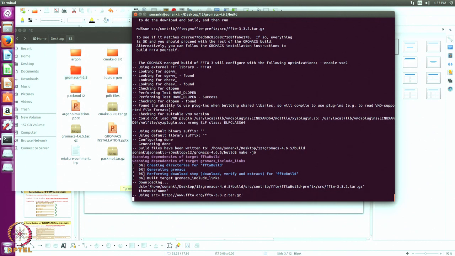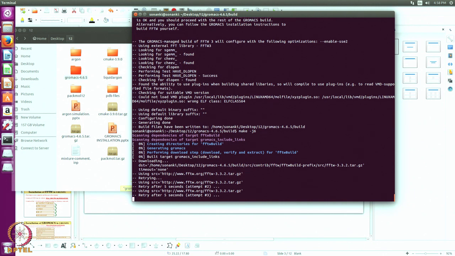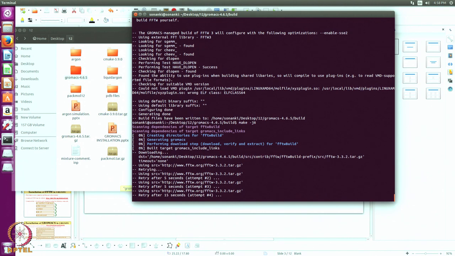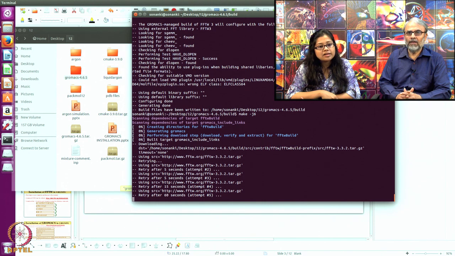So now you have typed make. This is for Gromacs final installation. It's the same thing. I have just one extra line typed here, that is cmake, and then I have given the path where my Gromacs is installed, and then I have typed build own FFTW on, so that it downloads everything. Suppose the path is not given, it will show some error, or it will say please give the path where it is located. Yes, definitely it will say that.